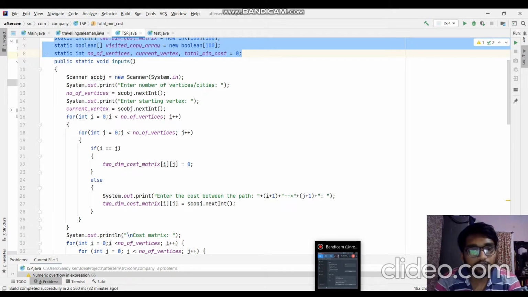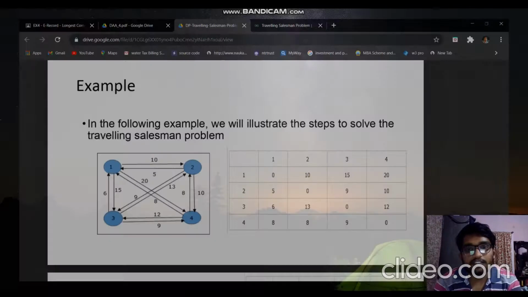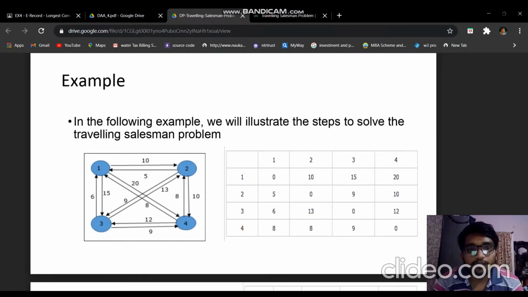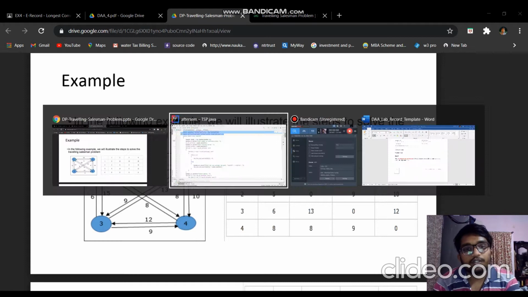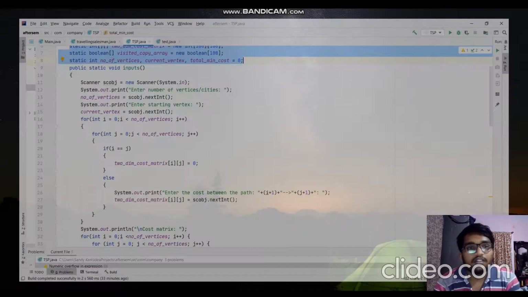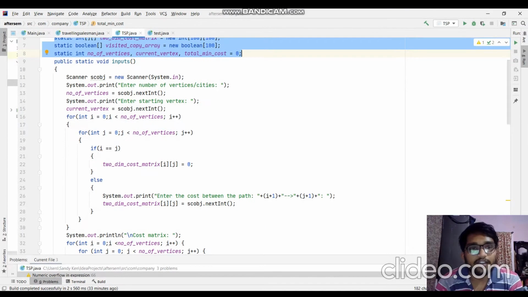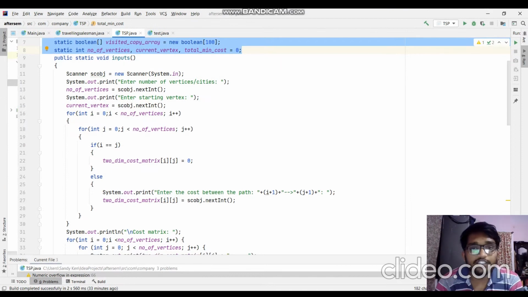So let us go to the cost matrix here. This is the cost matrix, which is nothing but the distances between any two vertices. For example, the distance between vertex 1 and 2 would be 10. Again, 2 and 1 would be 5. So that's what the cost matrix means here. That's what I have defined as the two-dimensional cost matrix. I'm taking the input for that two-dimensional array within two nested loops,